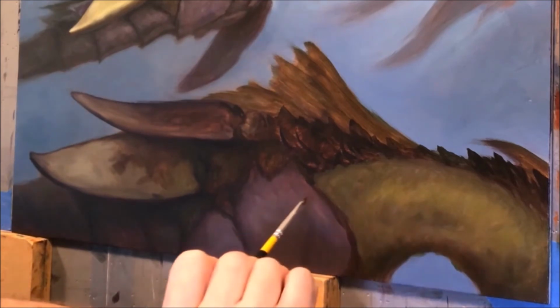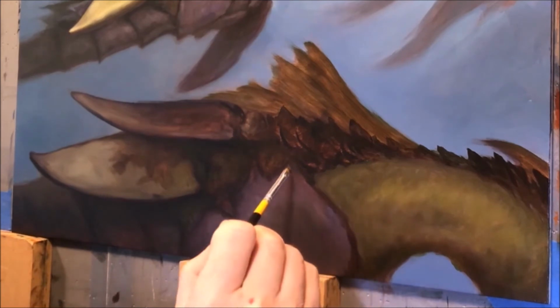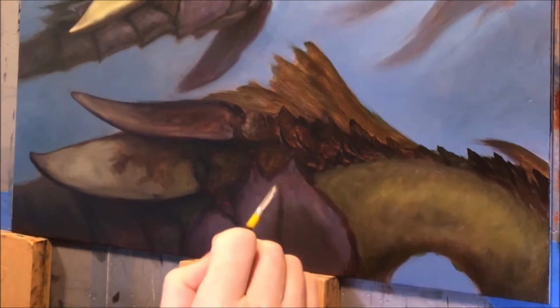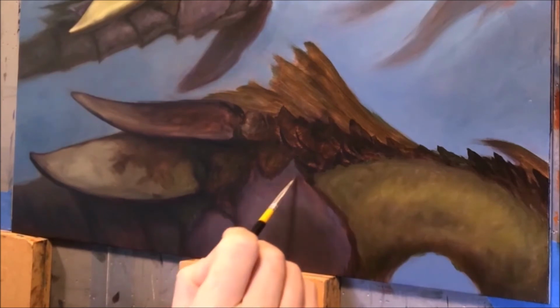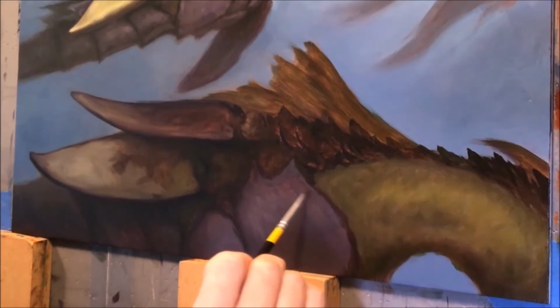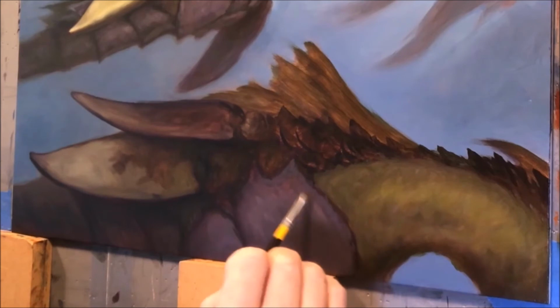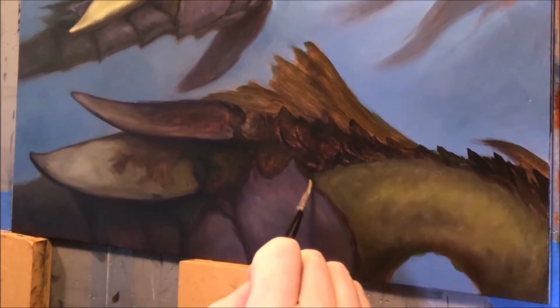But really, the color that's going over this guy in the foreground is more transparent than you really see. It feels like it's a lot darker, but it's just a matter of starting to control the value a little bit more. I want to pop the highlight a little bit more. So it is a very translucent green, but it is slightly darker on the edges, just to give it form. And again, as I'm laying this in, because I've taken a crack at it before, I sort of know what I'm going to do with the brushwork